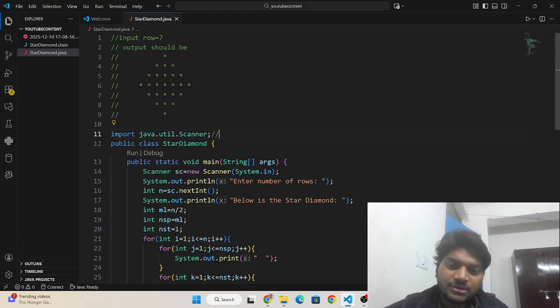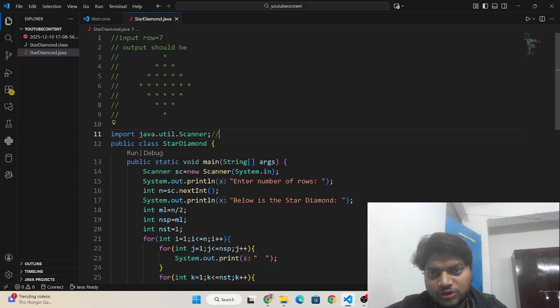I have already explained. First we have to take the number of rows as user input. Then you need to analyze the pattern. What is going on in the pattern?